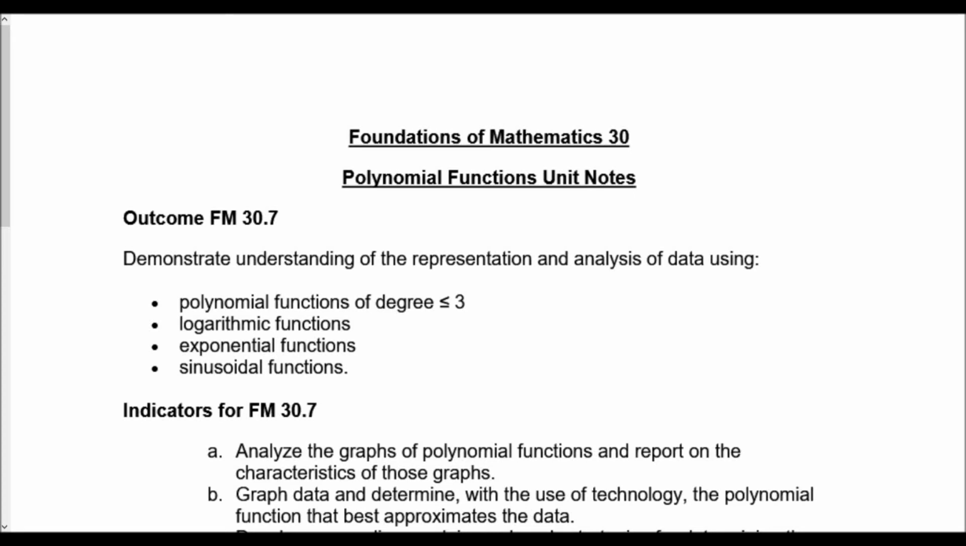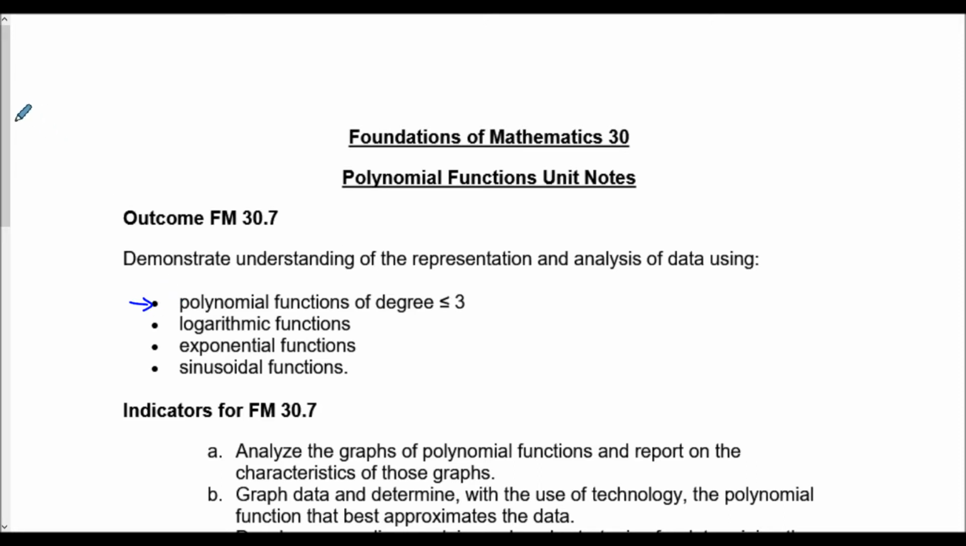Within Foundations 30, we also do a unit on polynomials, exponentials, and sinusoidal functions, or exponential and logarithmics. What we're going to do is it all comes under one specific outcome that's 30.7. So it does a lot of analysis of data and representations. We're only going to focus on one point of it,